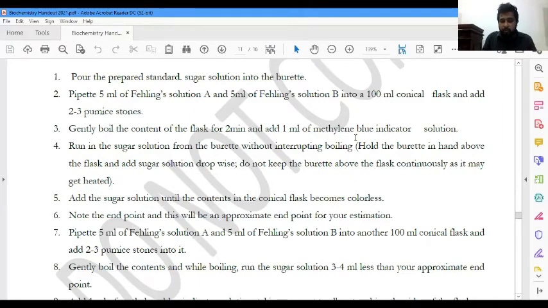So we use pumice stones to provide even heat distribution. It's a kind of few small pieces of specific stones, not granites, and we add a few pumice stones to provide even heat distribution to the solution in the conical flask. The second reason for using heated conditions is that if we are given a food sample,